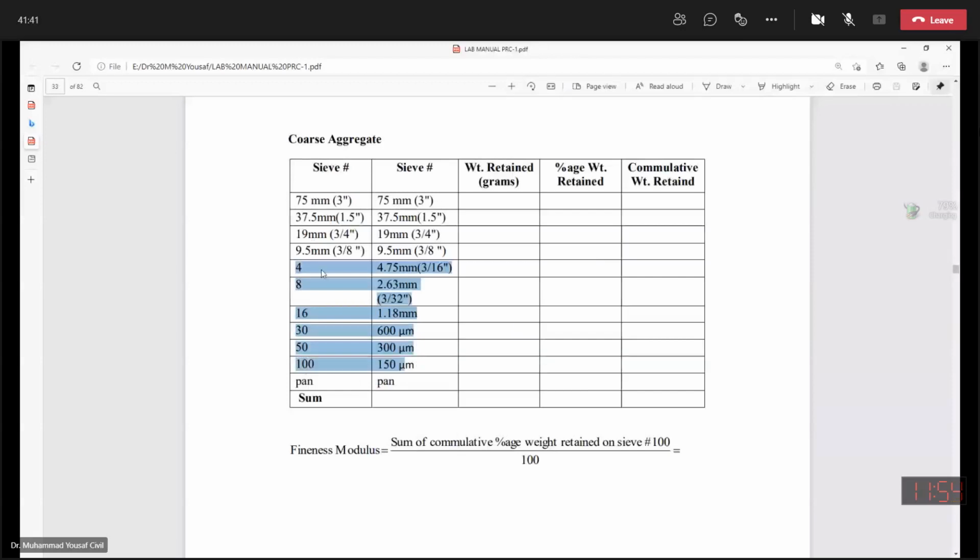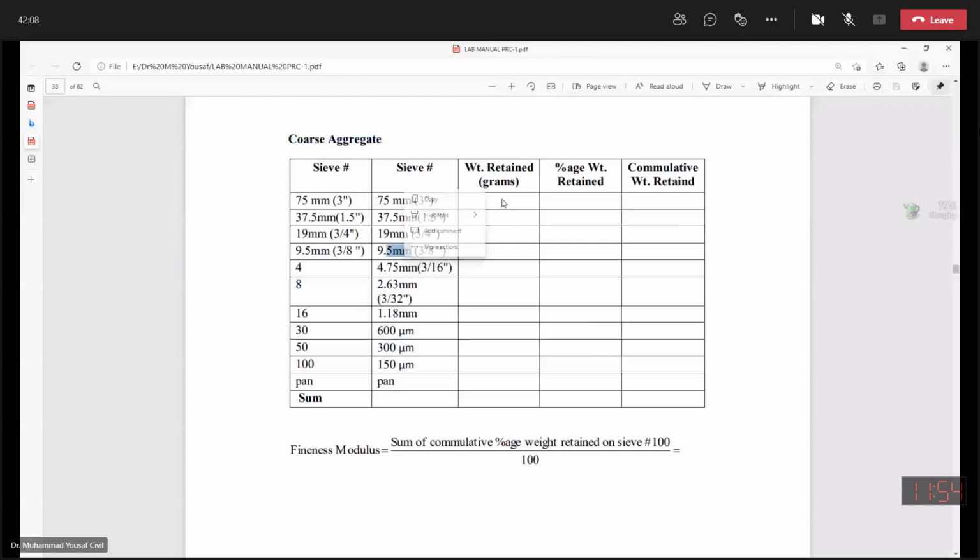If the material is passing through sieve number 4, then it will be ignored. This process is being done for coarse aggregate, not for the fine aggregate. Then all weights retained on this sieve, this sieve, this sieve, all these will be written over there. Then we will be finding out, and the summation must be 100 grams